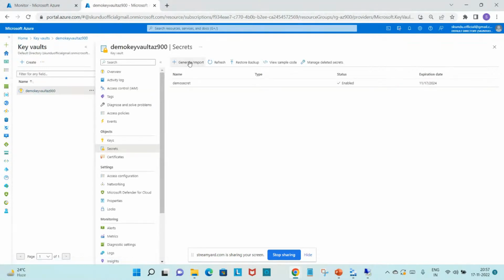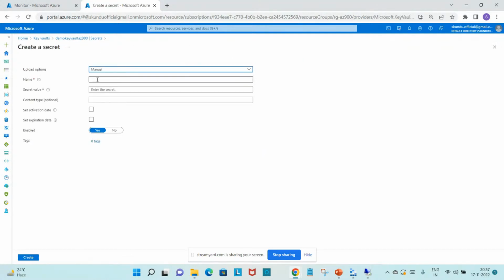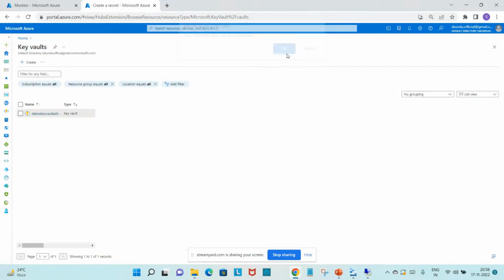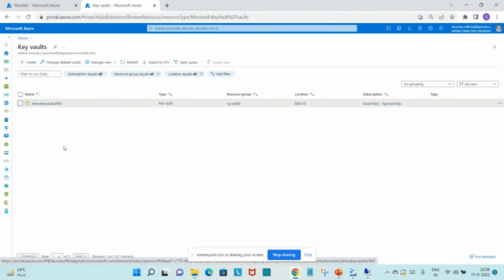So if I generate a new one, you can see here the name, which you will be using in your application, and the value, which you will use indirectly through this name, and it will not get exposed to the outer world. You will also set the expiration date or activation date from here. In this way it provides much more secure access to your data. So normally we prefer to use key vaults wherever we are using passwords or that type of security related data. Okay,